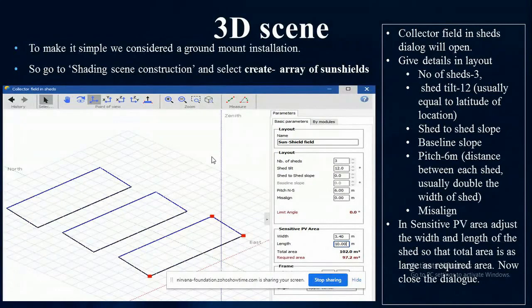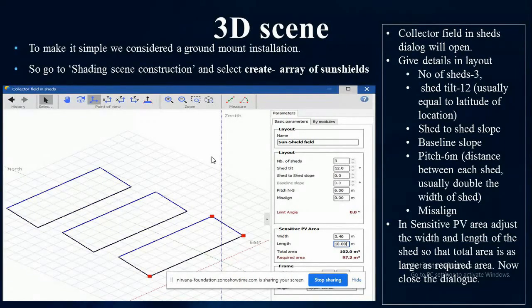Here we give the details like the number of sheds, and the shed tilt. Usually, as a rule of thumb in solar, we take the location latitude as the tilt, and then the shed to shed slope and baseline slope. If it is a slanting roof, we can give the baseline slope as the roof angle with the horizontal, and the pitch gives the distance between each shed, so that we get minimum shading among them.